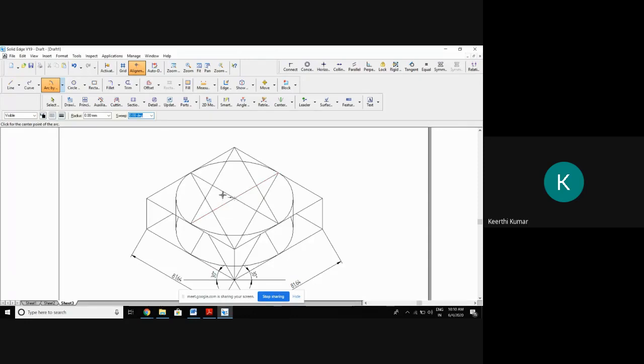I have taken 12.5. Similarly, I take 12.5 from here to here, 12.5 multiplied with 0.8164, and I'll cut an arc. So these two arcs, if I measure the length from this arc to this arc, will be 25. One side is finished. The other side we want 40. So keeping this as the center, cut an arc of how much? 20 into 0.8164. Cut an arc of 20. Again from here, cut an arc of 20 into 0.8164. Enter.